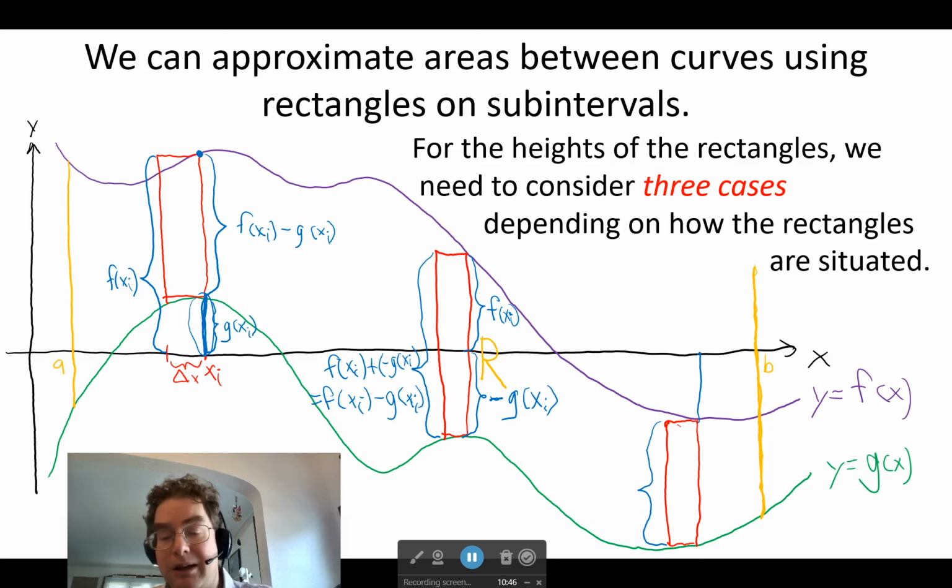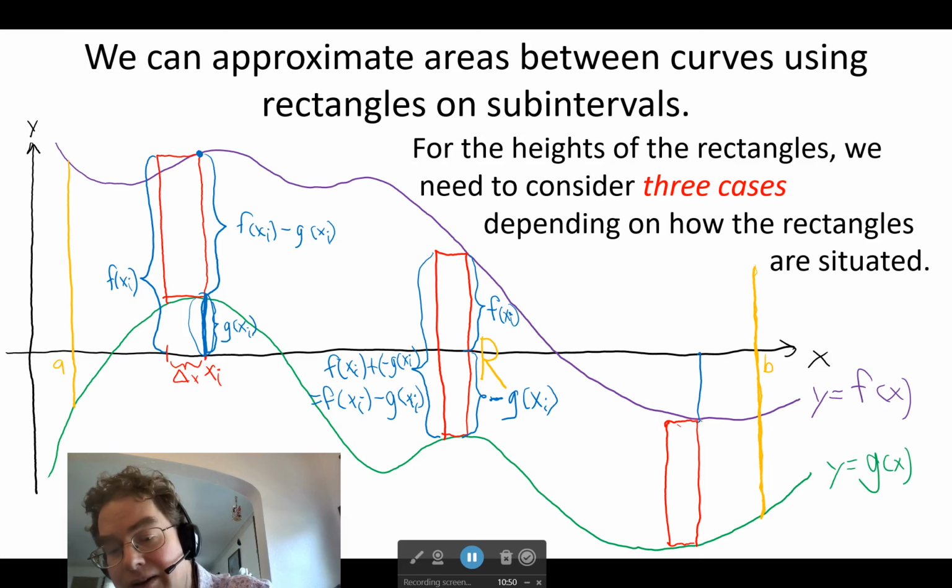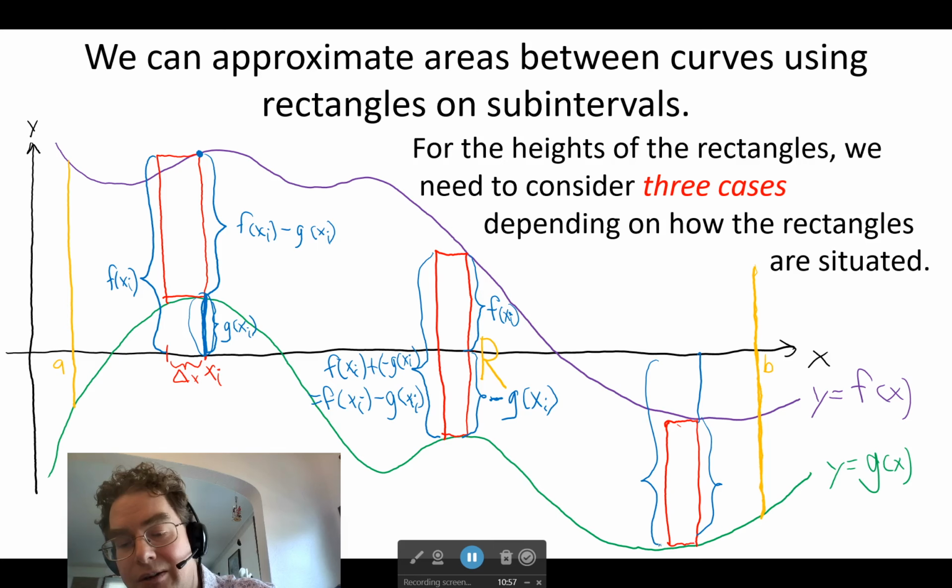And let's see, I probably should put that on the other side because, of course, we have to get that. We have to go all the way down to the graph of g of x, our bottom graph. And this is still below the x-axis. So just like we saw before, one of these times I'm going to hit it. There it is. Just like we saw before, that's not g of xi. It's going to be negative g of xi to get all the way down to the green graph from the